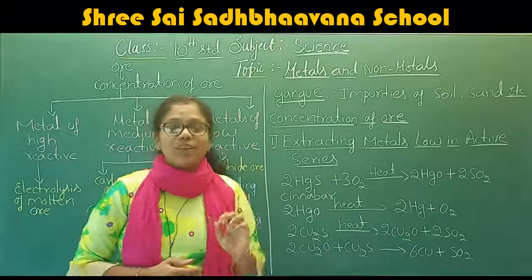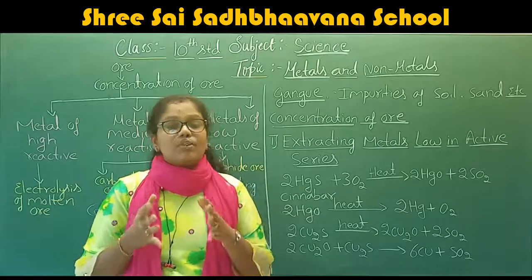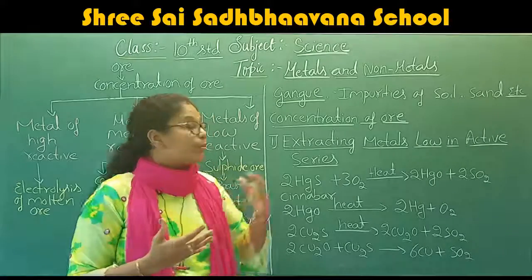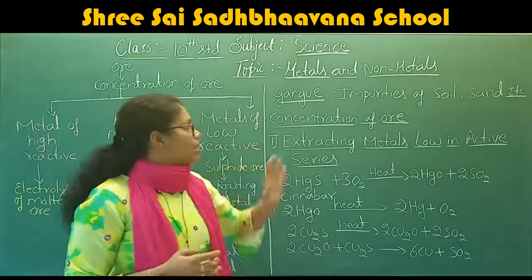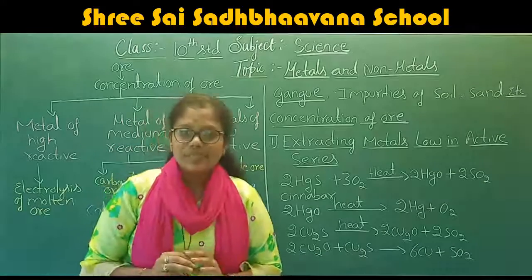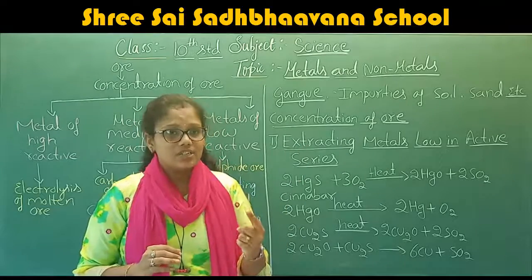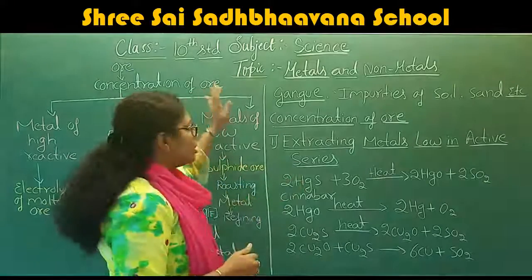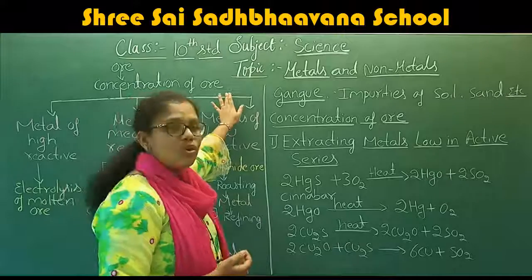This is also one of the important definitions in this chapter. What is metallurgy? Metallurgy means the process of extraction of the metal profitably. That process we call metallurgy. And also I said that in the concentration of the ore, so many steps are there: froth flotation, gravity separation, magnetic separation, hydraulic washing. These are some of the processes involved in the concentration of the ore.